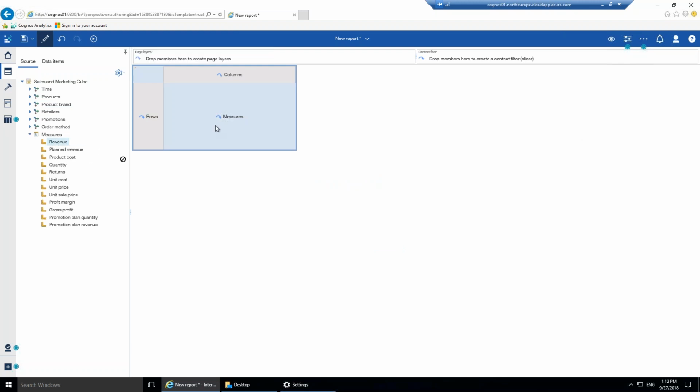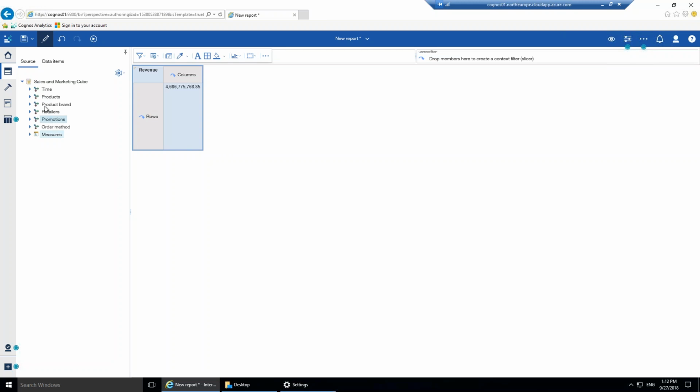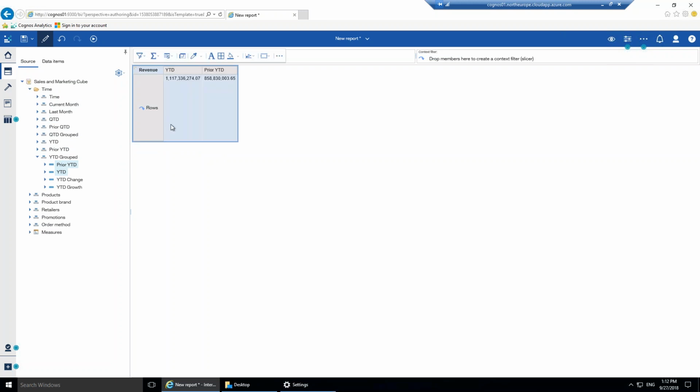So I'll bring in, say, revenue as my measure. And up here you can see that I've got my page view. If I go to page preview, I'm in this workspace advanced mode, but it's still like Report Studio. All the functionality of Report Studio is still there. So I'll change the look of this, and I'll go for time, share date group. I'll bring year to date in. I'm bringing these in as different groups because I want to add a little bit of conditional formatting on one side of them, but not the